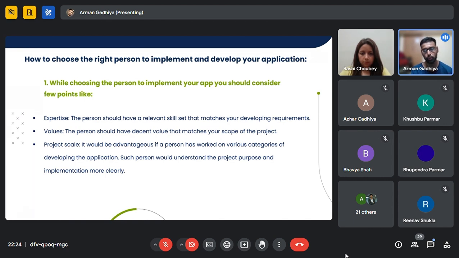The person you are hiring needs to be valuable in the Salesforce ecosystem and should have a decent value in the market. And you can also check the project scale, like what projects that person has worked on in the past. So these are the three important points you can consider: expertise, value, and project scale, while choosing the person to develop your application.